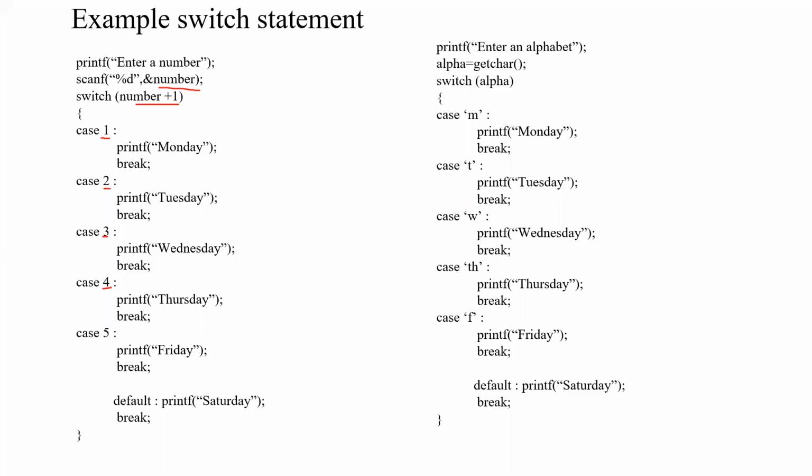All are answering 4. So what will it be printing, I am asking, you are telling 4. Number will be 4, but the statements which are given under the case label 4 will be executed. If the first student answers wrong, all will be answering wrong. So if I give 4, as I gave number plus 1, it will be printing Friday.